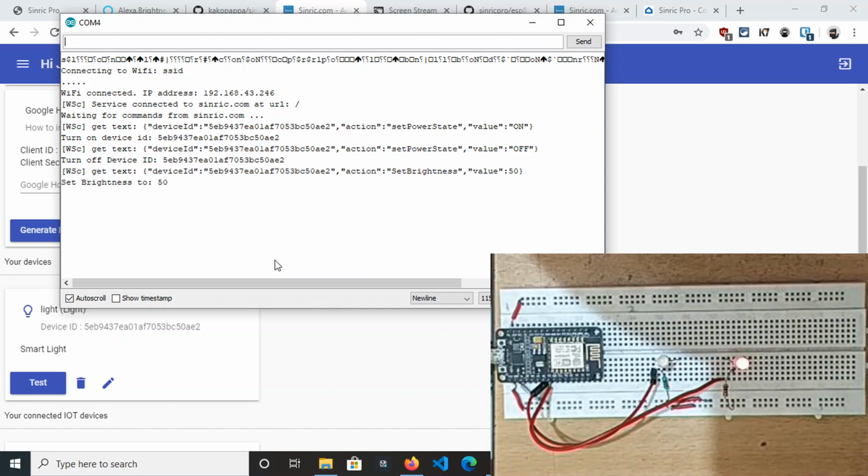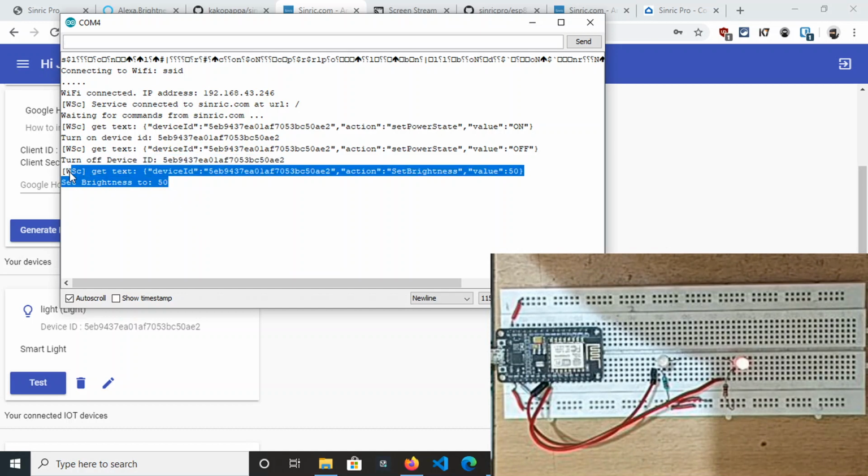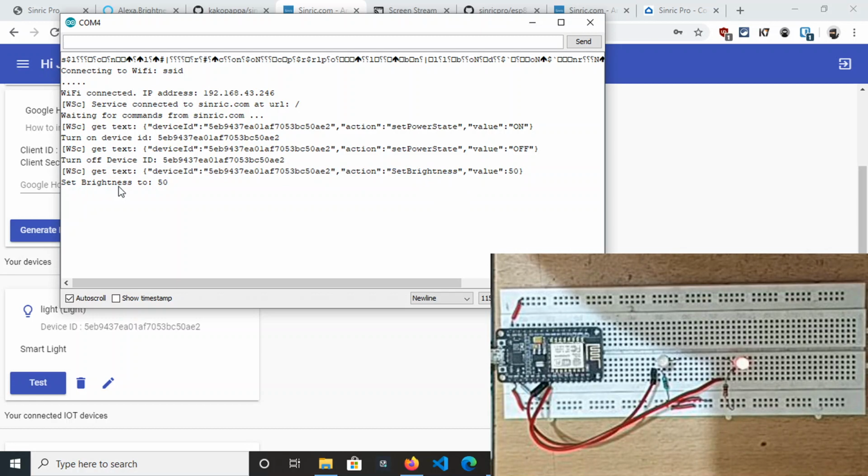Now you can see the serial monitor is also updating right here, it's 50% brightness, and we will lower it more. Alexa set light to 30%. The brightness decreases more, let's make it 1 or 2%. Alexa set light to 2%.